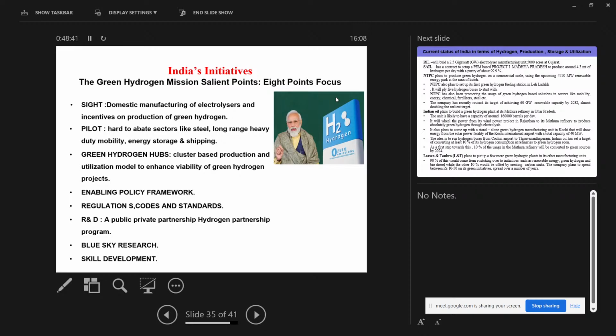Coming to the context of India's initiatives, the green hydrogen mission has mainly focused on eight points. First, domestic production through pilot plants. First synthesis in the laboratory, then come the pilot plants. Then third, from the very beginning we are talking about green hydrogen, because we are already synthesizing hydrogen from gray and black, but we are talking about the